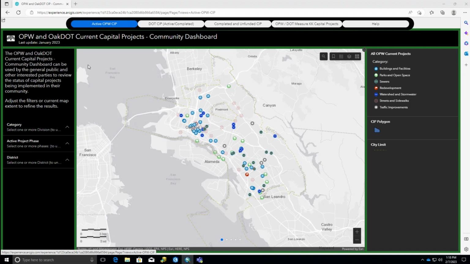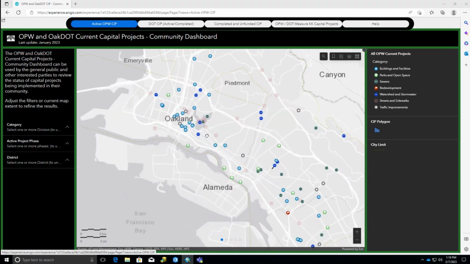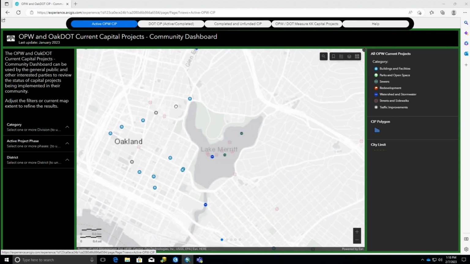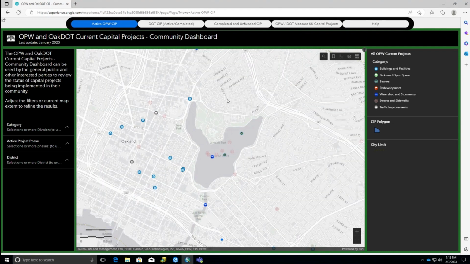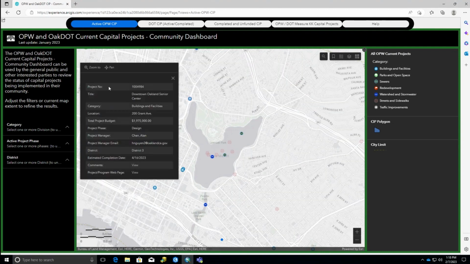So for this first map, which is the Public Works capital improvement projects map, it's displaying all the active projects. If we zoom in and click on one of the nodes, you'll get some information, including the project number, the title, the type of project it is, such as its category, and then some additional information like location and administrative information for the project, as well as an even finer geographic breakdown for the council district that the project